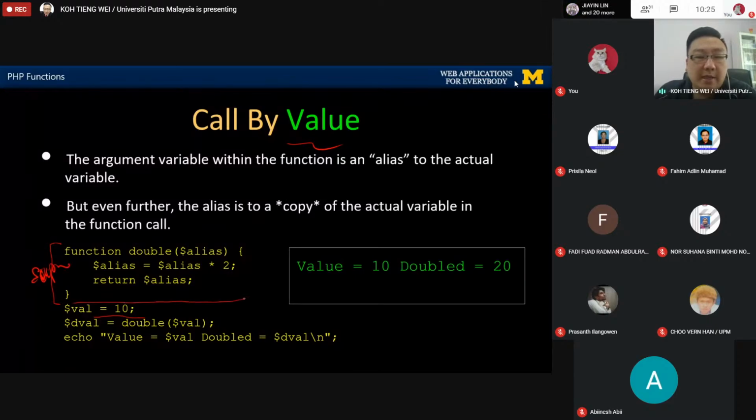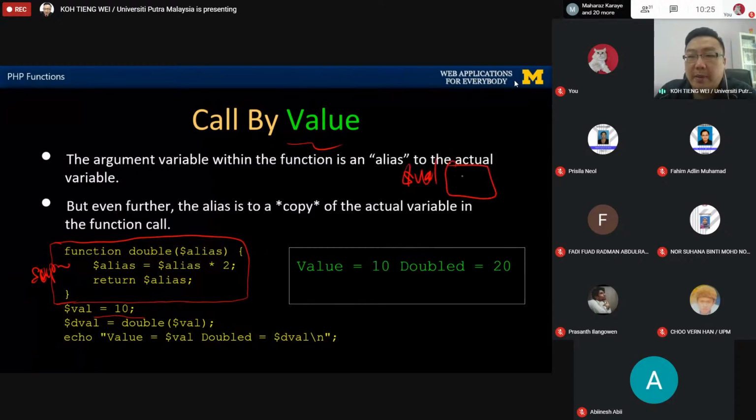Everything outside this part is considered outside the scope. So you try to assign 10 into a variable. You're going to have var, and then 10 is held here. Then you try to call the function double and send this 10 to here, right? Send the 10 to here. And then this 10 is held by another reference, which is